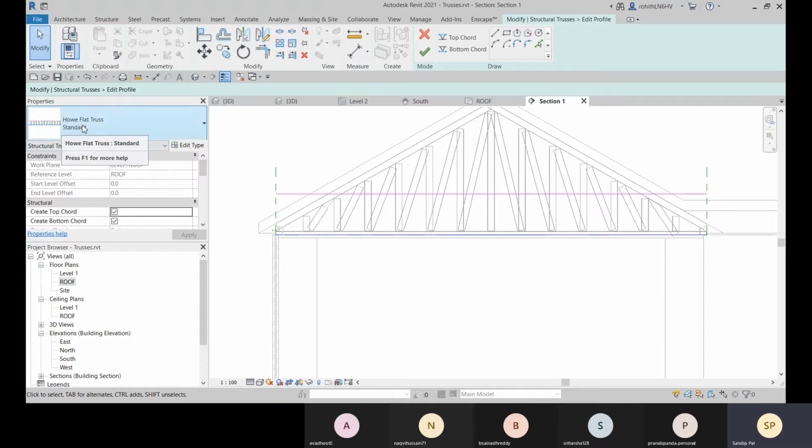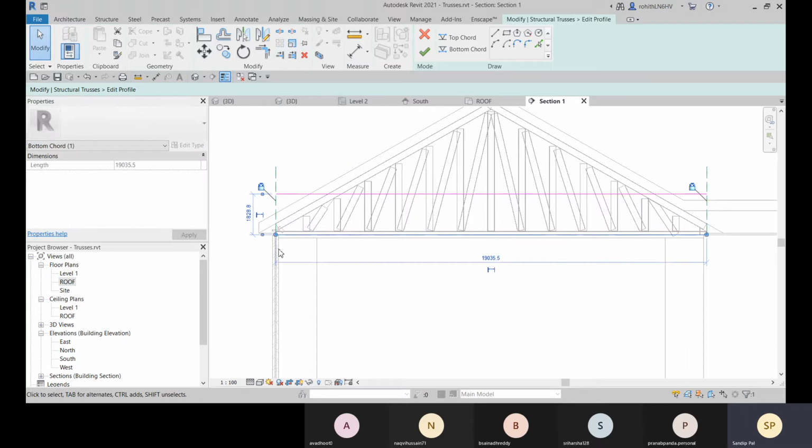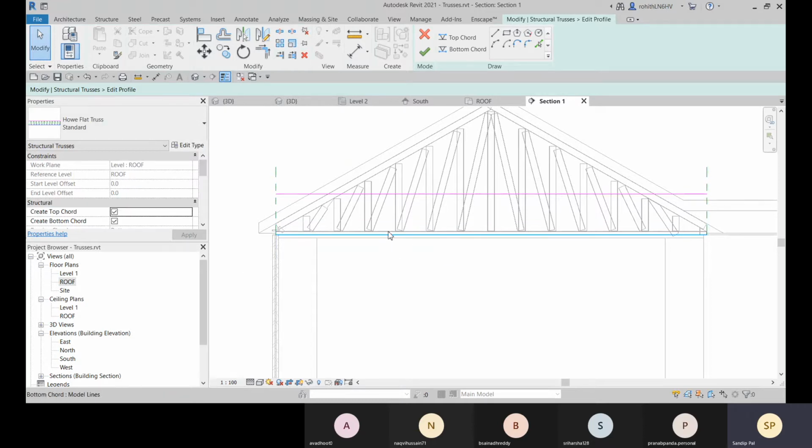Because this is the truss profile, you are getting these two horizontal lines, and these are your reference planes. Okay. So now if I want to change the bottom chord of this truss, I can choose this bottom chord, and then I can do some changes.